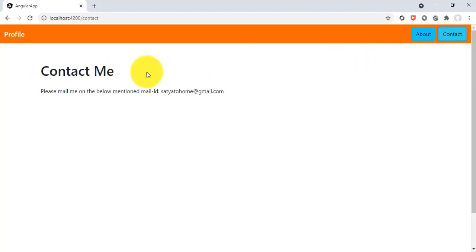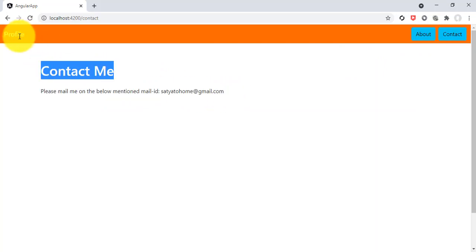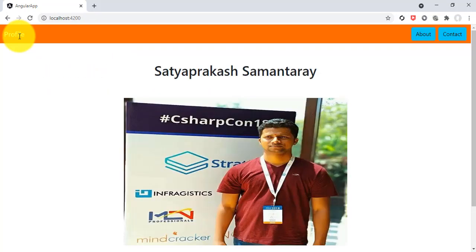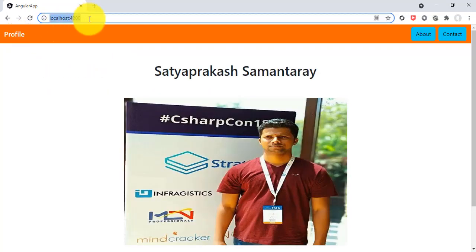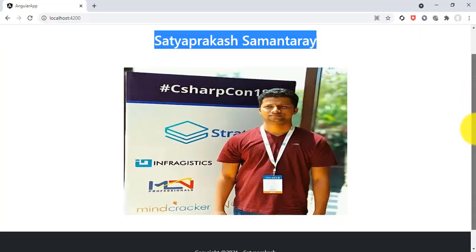If you click the contact button, it will go to the contact component. And if you click profile, it is the default home component, so the URL is not generated with any path, and it comes to our home component with our name and the image.